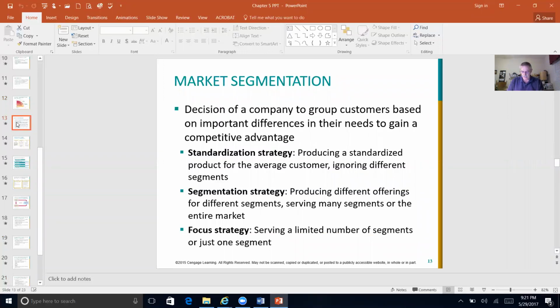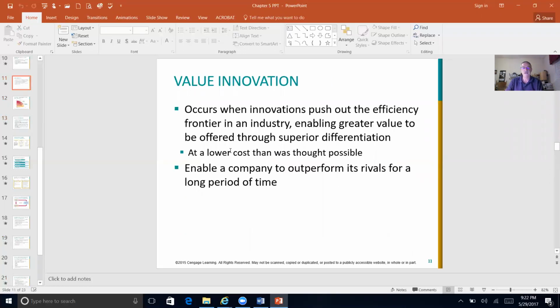So let's talk about market segmentation. Market segmentation really asks the question, who are our customers? Over on page 161, the business level strategy begins with who are our customers. It starts with deciding who the company is going to serve, what needs or desires it is trying to satisfy, and how it's going to satisfy those needs. And if you recall,